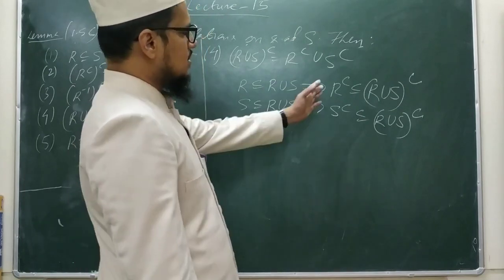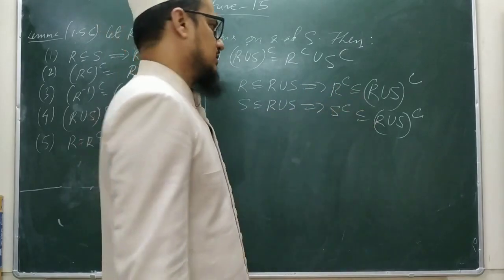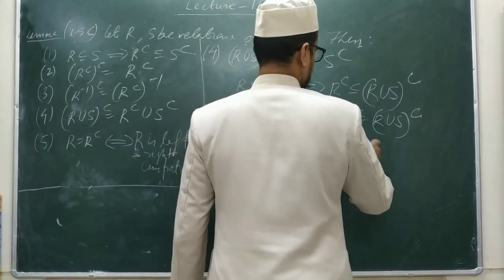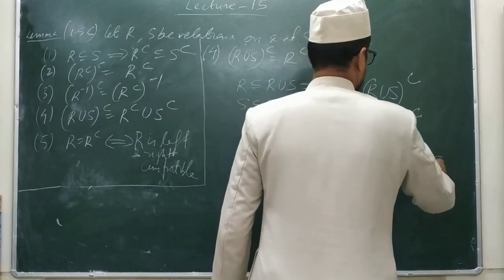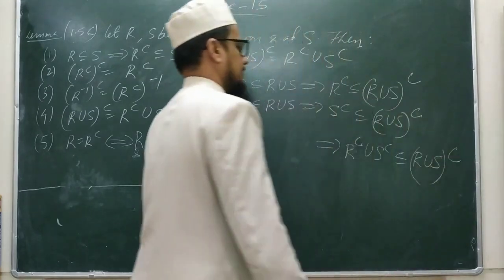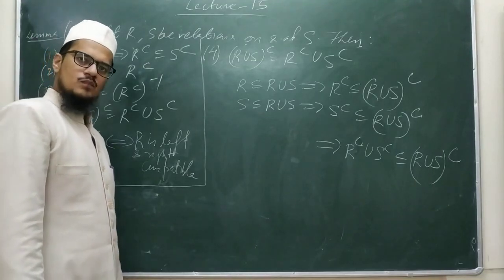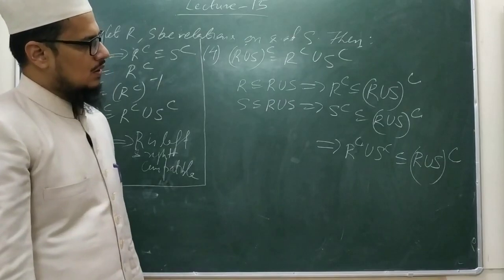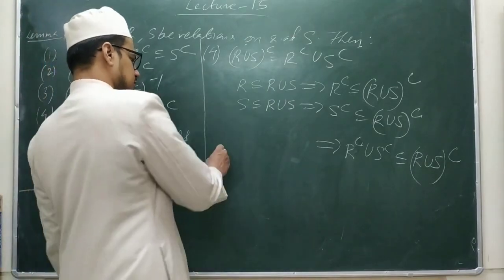So now when R^C is a subset of (R union S)^C, and S^C is a subset of (R union S)^C, it implies what? R^C union S^C is contained in (R union S)^C. So one part is over. Now conversely,